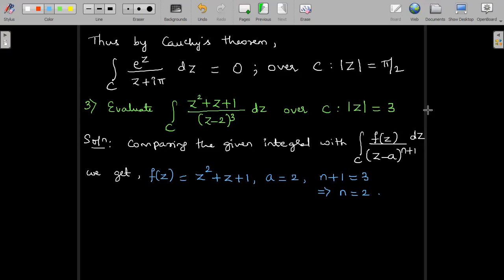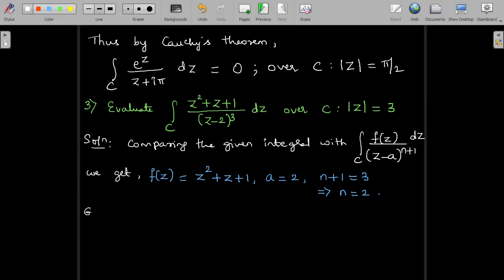Now, given mod z is equal to 3 and the point P is equal to (2, 0), z is equal to a equal to 2. So it is obviously lying inside the circle mod z is equal to 3. Just on looking at the value of a, z equal to a equal to 2 is a point which lies inside the circle because the radius is equal to 3. When I plot the point (2, 0), it is obviously inside the radius 3. So that is how we can directly recognize. Let us mention the same thing.